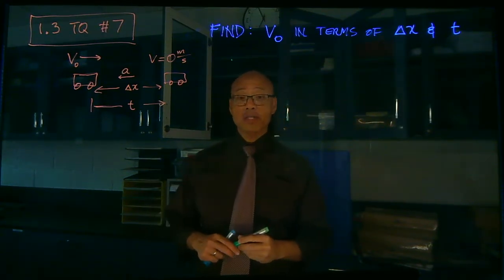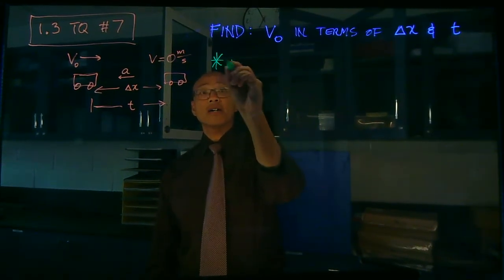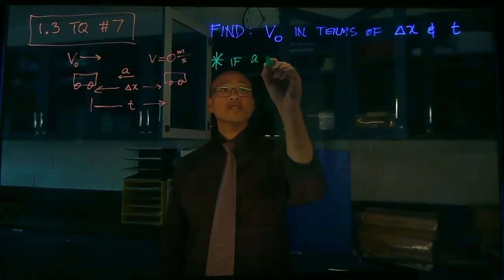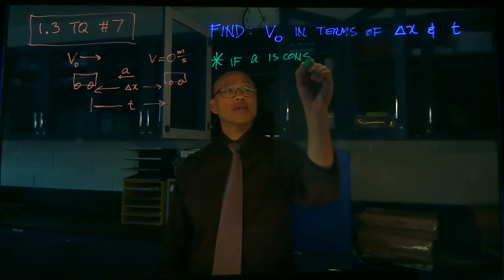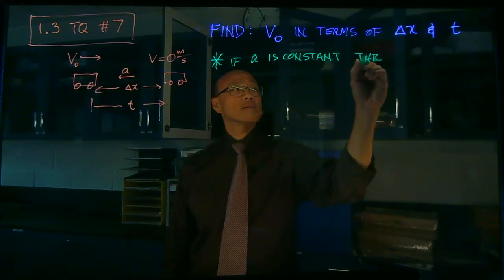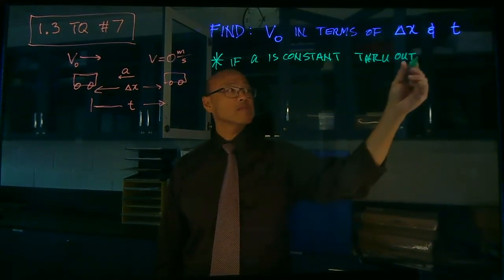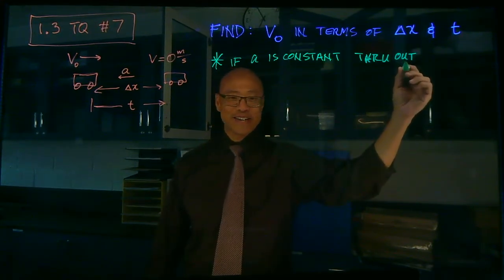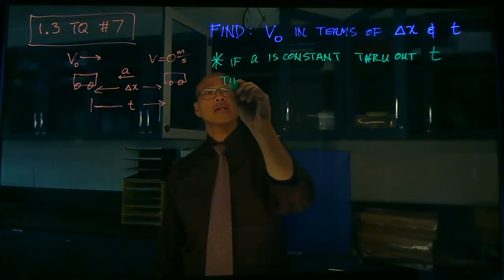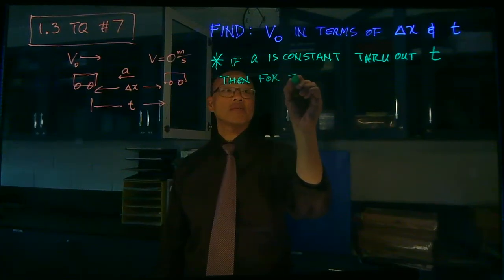There's a simple way to do this. The simplest way to do this is to remember the following. This is not on the equation sheet. If a is constant throughout some time t, then throughout that time t,